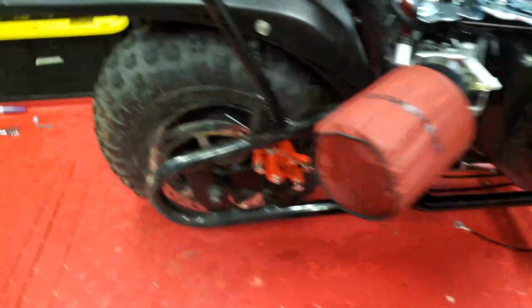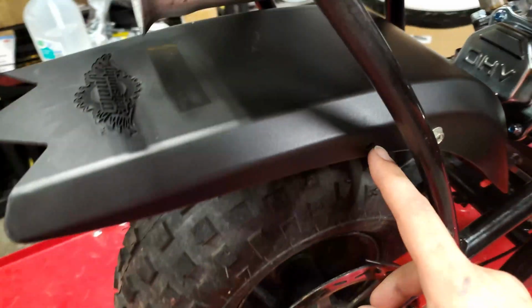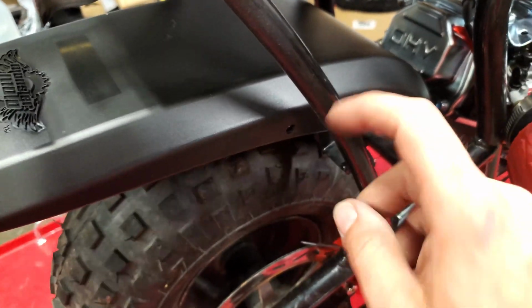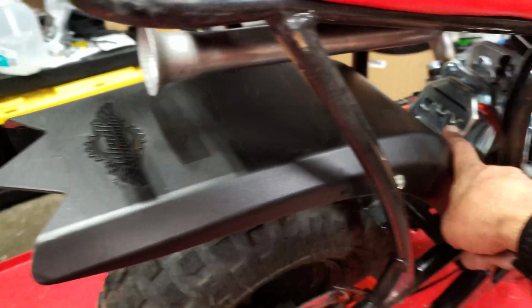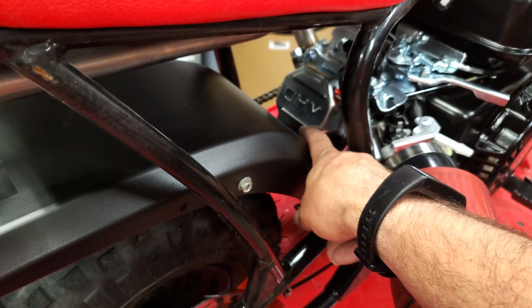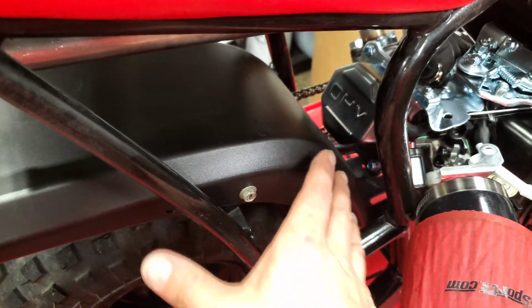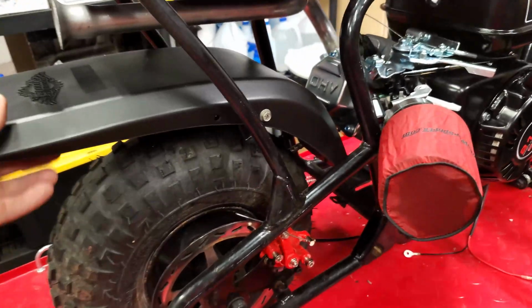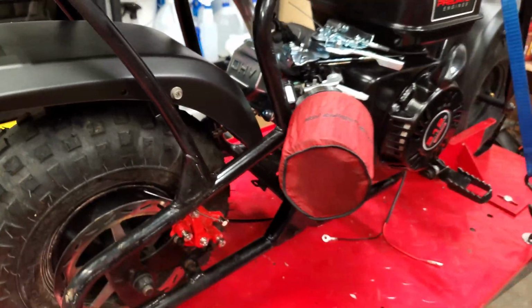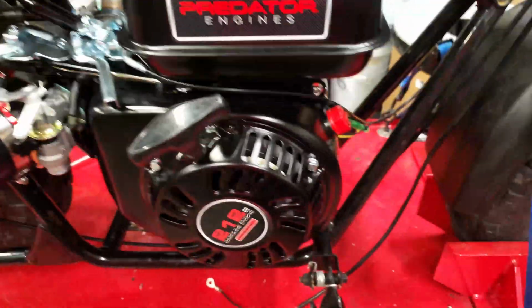Did that, went ahead and got the rear fender on there. If I mounted it in the factory holes, it would put the fender too far forward and would be hitting the valve cover, and also put it almost into the chain. So we drilled some new holes, moved it back a bit, and hopefully it'll hold. It doesn't have the front mount like it normally does,